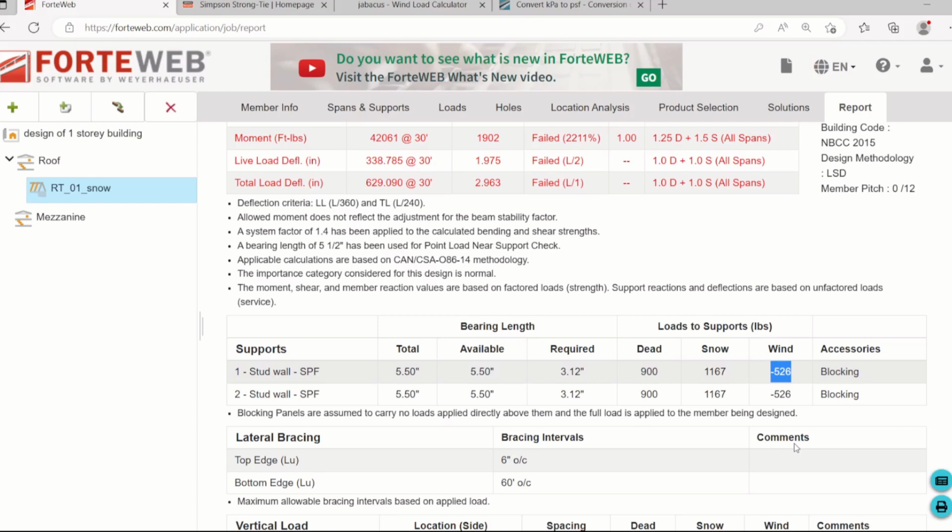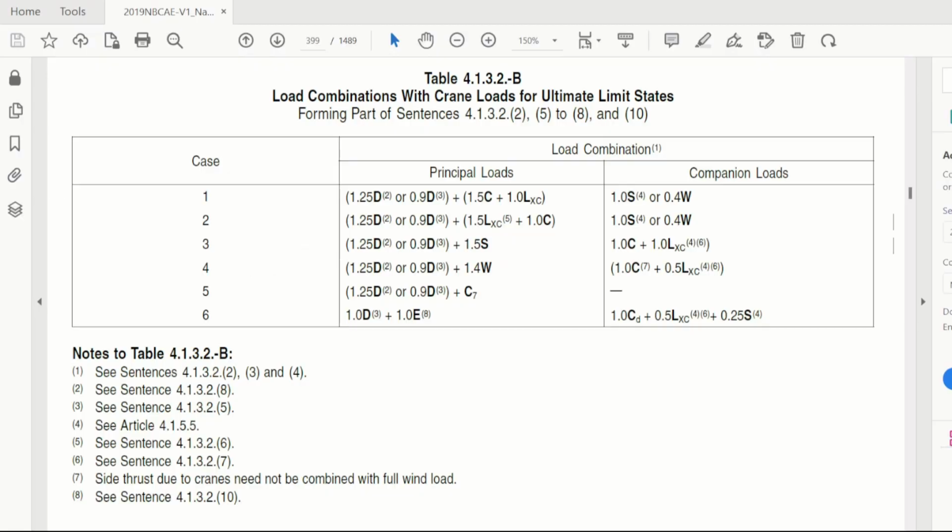So what if usually here, the winds are really strong during summer, and then there's no snow in summer? So in uplift calculation, when you design the hurricane ties, you only use the dead load and the wind load. Now for load combination, we have here the principal load, which is this one, load case